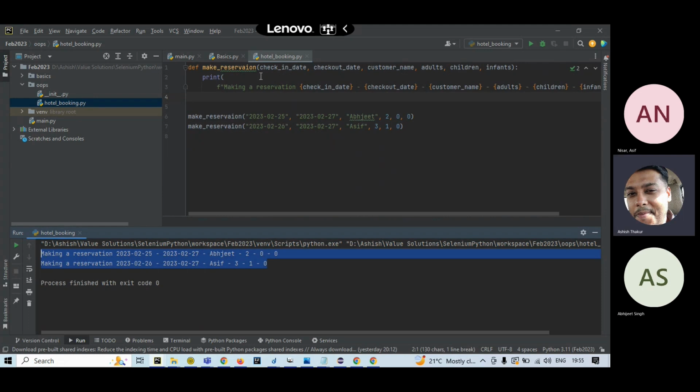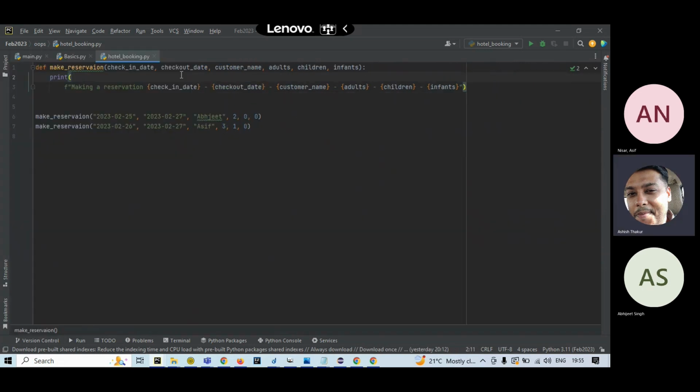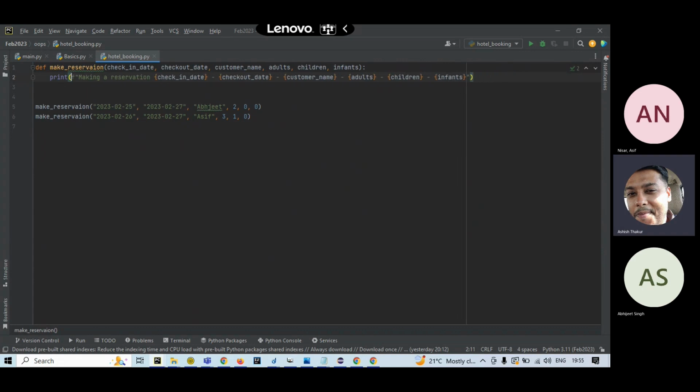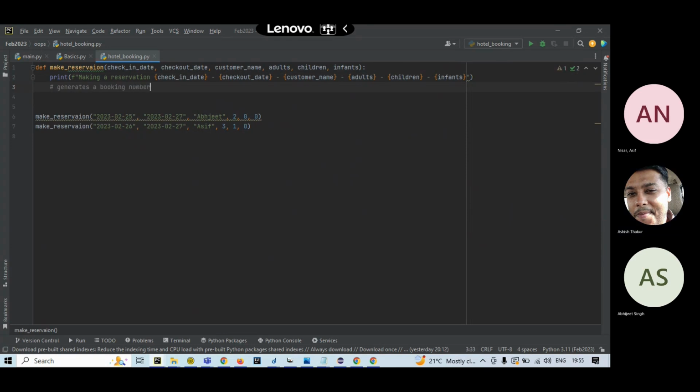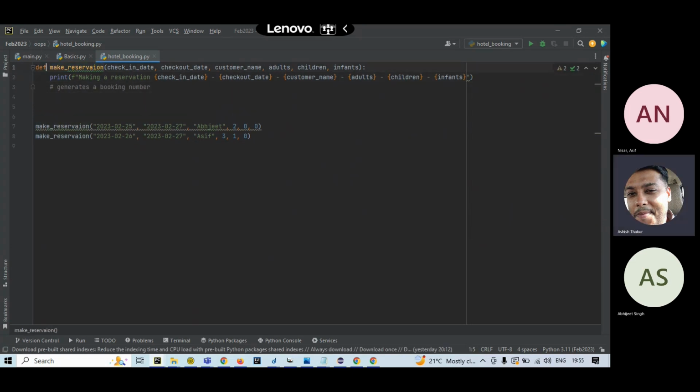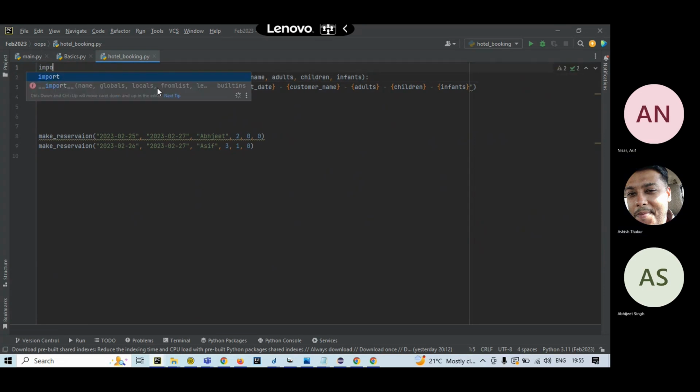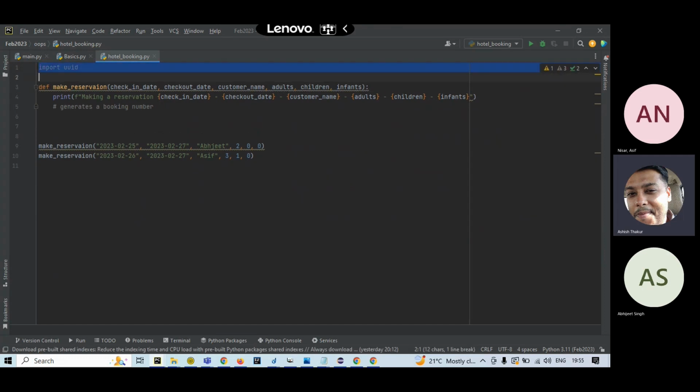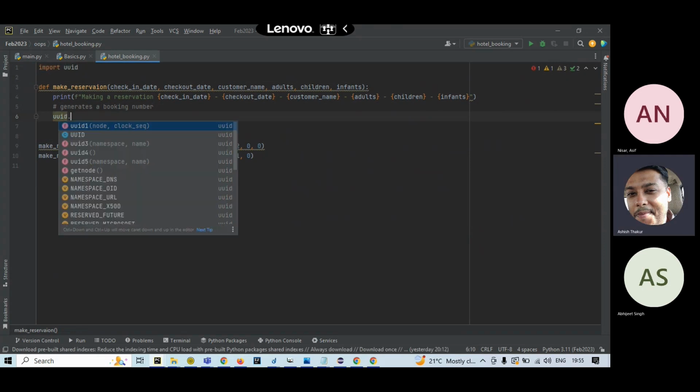Now suppose this function, apart from printing, makes a booking and somehow generates a booking number. Like every language, you can return something from a function. So you can import UUID. UUID is a library which can help you generate numbers. You can write UUID dot